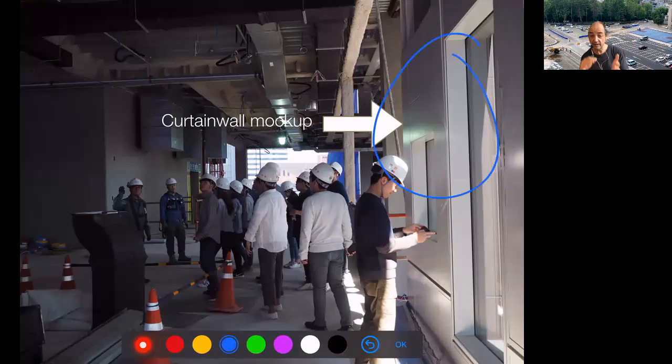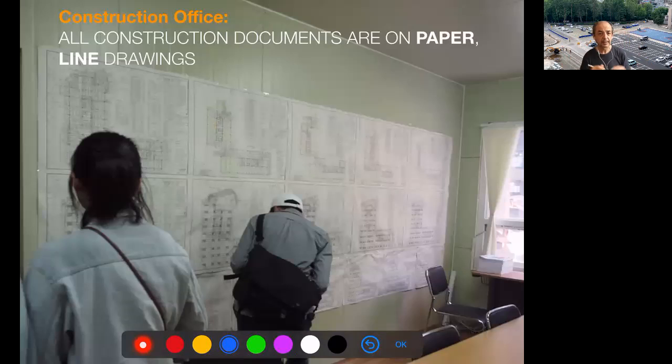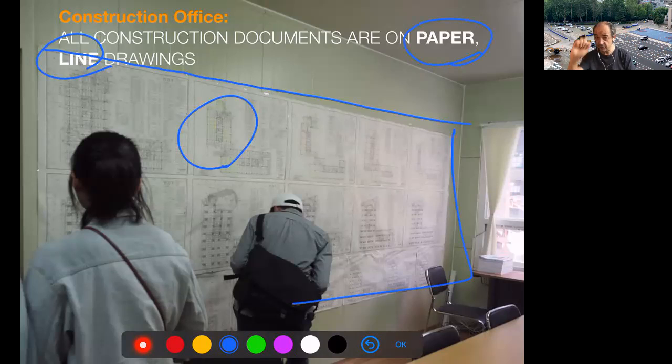Curtain wall is special, so they made a one-to-one mock-up to see how it looks before they build. When you have a large construction, you try to test it before. And the last slide here, important. This is the Posco high energy building. You could see this also in the ones we saw before of Richard Rogers or Chipperfield. All construction documents are on paper, and they are all line drawings. Those colors are applied by the construction guys to check for things, but